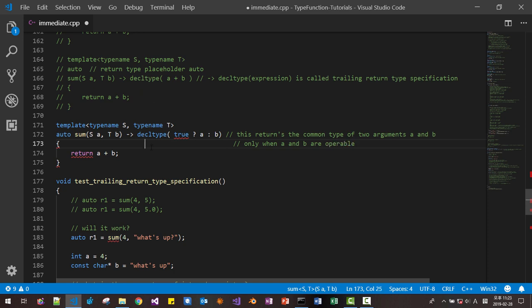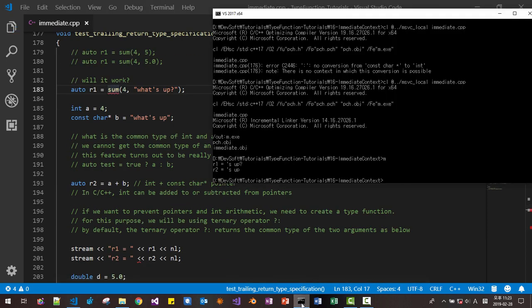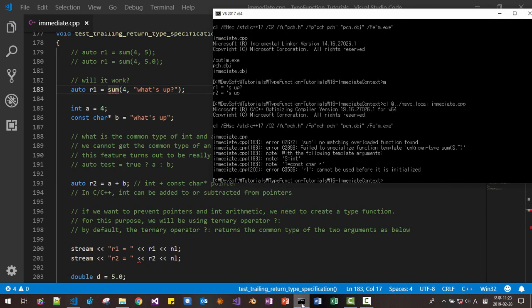With this, let's try. This function does not work. This fails. Now let's try it. Fails.